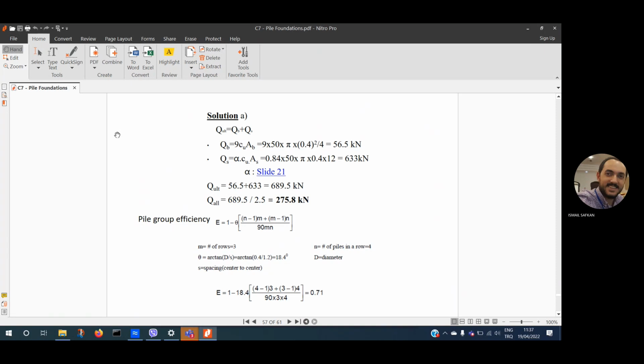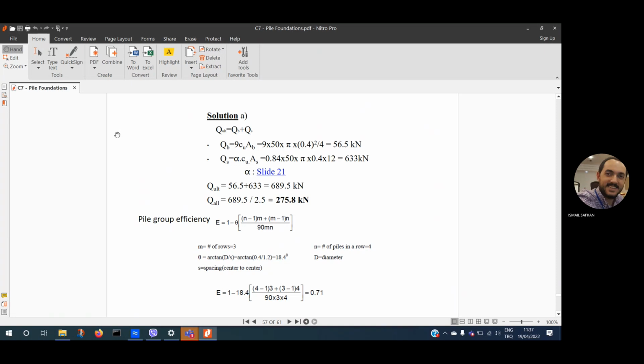Well, now we will discuss the pile group efficiency. This is a simple form of the formula, the efficiency. Efficiency is between 0 and 1. If it's 1, it means 100% efficient. Whatever you calculated, you didn't have any reduction in efficiency as a group. But if it's, let's say, 0.5, it means whatever you do, only 50% will work. So 1 minus theta